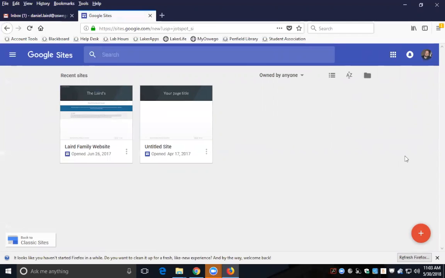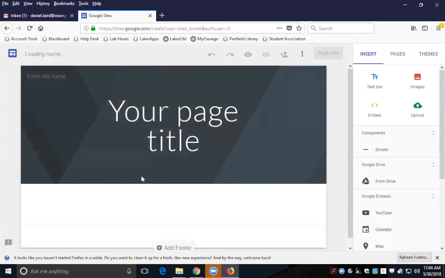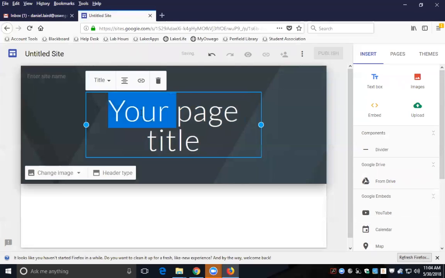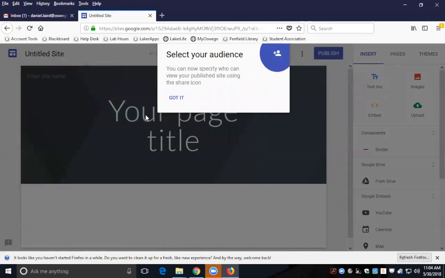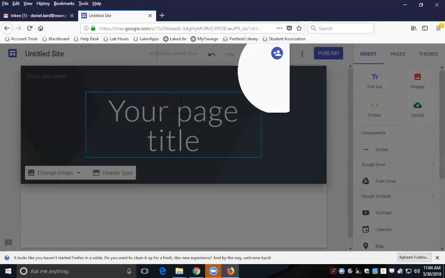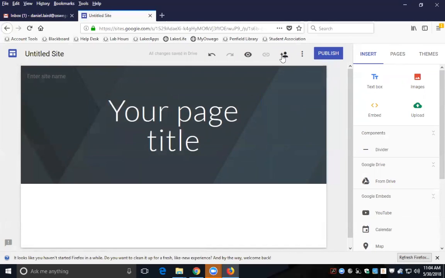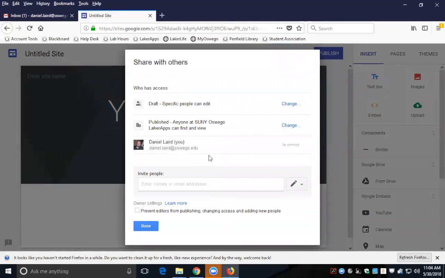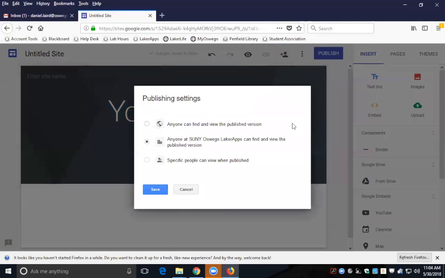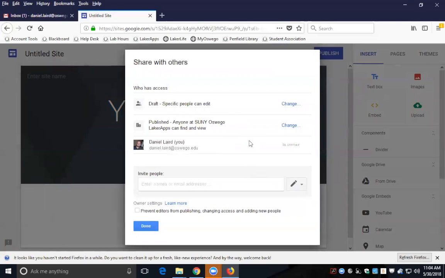So once you're in here, click the plus and that will create one. So that will create the page. Now specify. So by default, this is the first thing I should mention to you. This is available to anybody at StudioSphere. Okay. So this option, like to create a Google site. Okay. So just so you know,